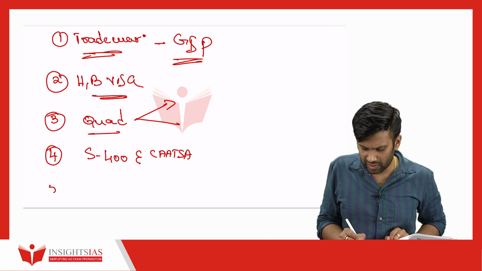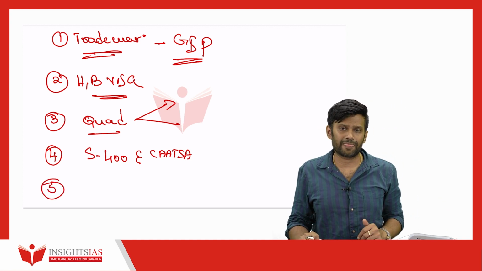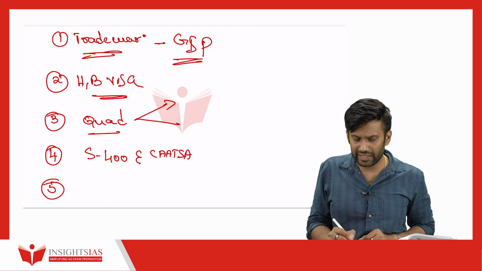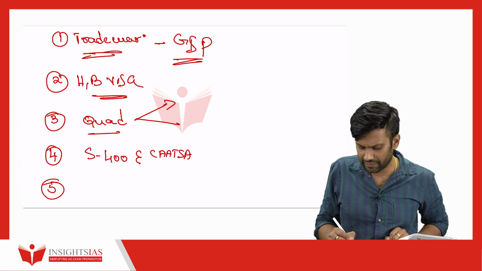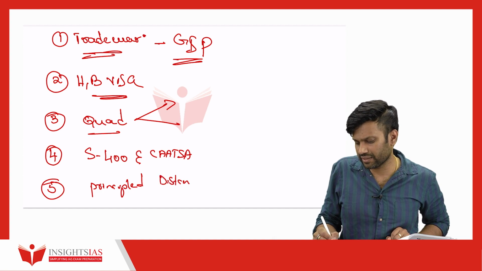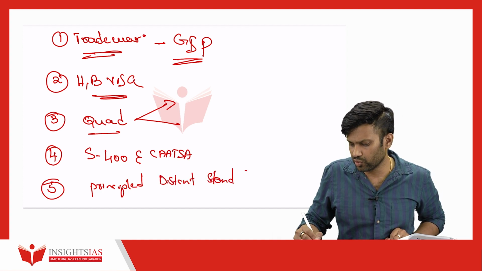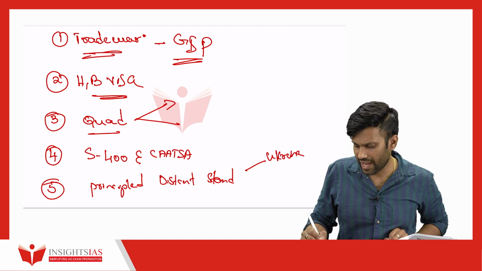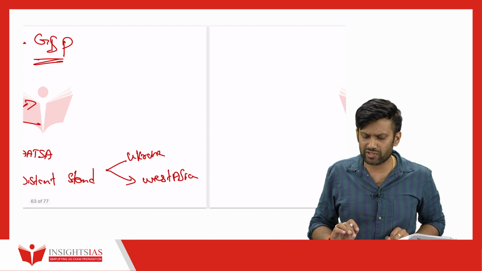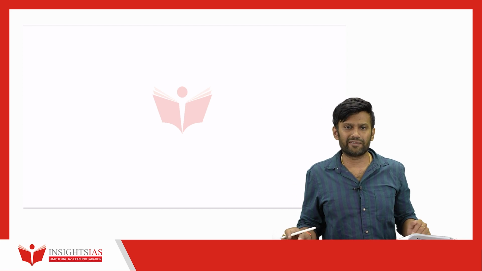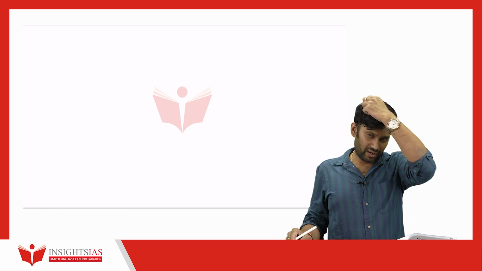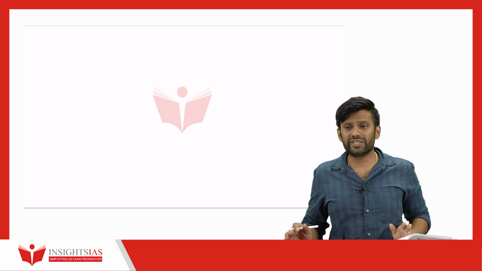And you can also speak about how both countries differ with respect to their global policies. For example, India is taking more of a principled, distant stand regarding Ukraine as well as West Asia, whereas the United States of America wants India to play a greater role and take a firm stand with the Western countries. But then you can also say that, however, in spite of the differences,